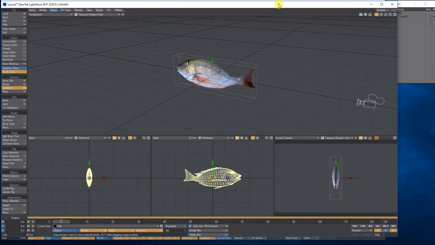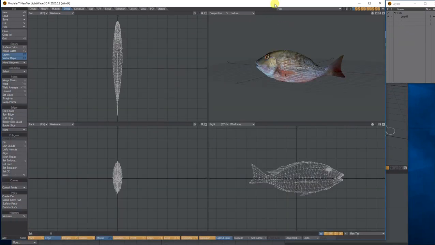Now, just to show you, in Modeler, I made sure it's centered, and because it's got a front and a back, I made sure the fish head's facing the plus Z, as Lightwave recognises that as the front. Okay,